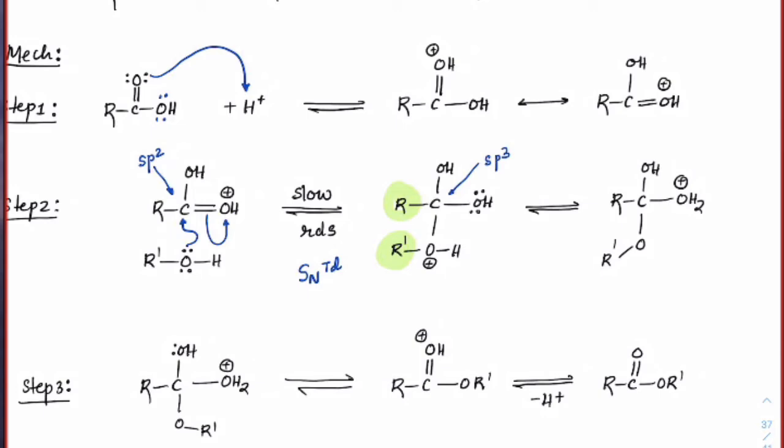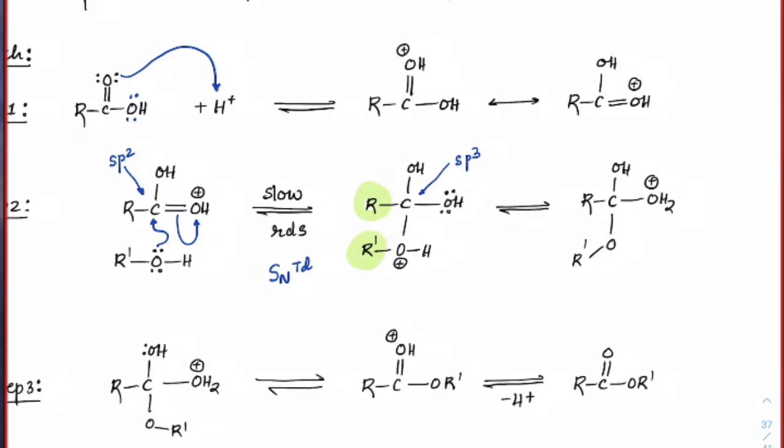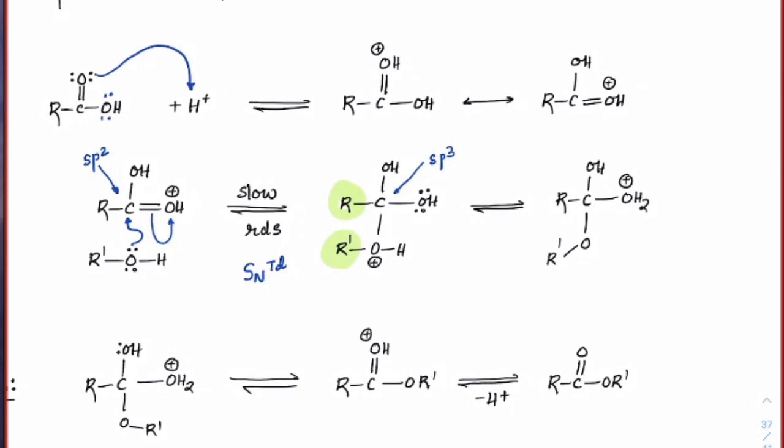So that is the first step. That is the second step which you have seen, where a nucleophilic addition has taken place. Okay, so sp2 carbon has turned into sp3. This is called SN-TD mechanism. Once you have this SN-TD mechanism here, what we are observing here, let's see. The lone pair present on this oxygen will take away this H plus. This is called intramolecular proton transfer.